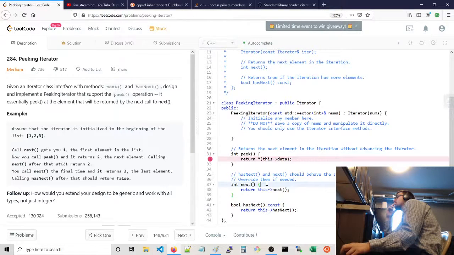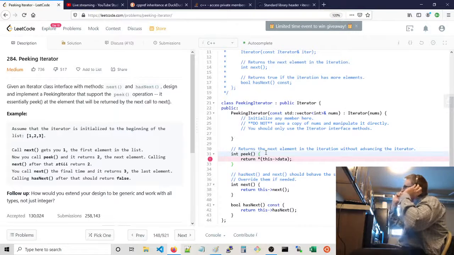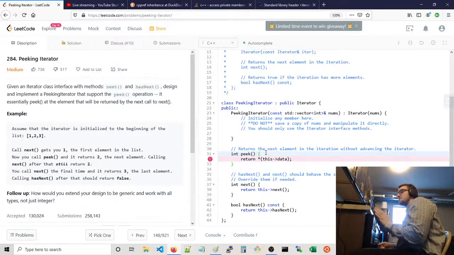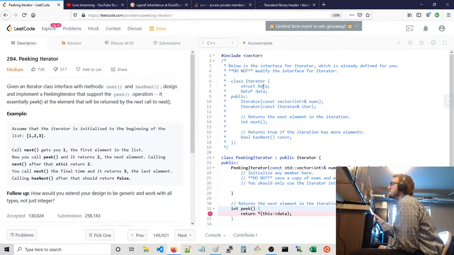No, that doesn't make sense. I have no idea. I'm so lost. Because what I would normally do is just return whatever the pointer is pointing at, just dereference that and return it. But this iterator doesn't have just a plain old